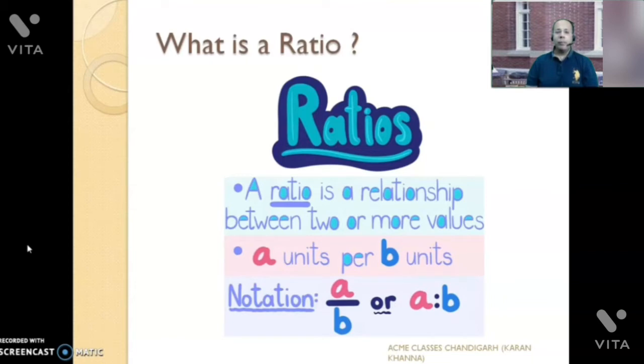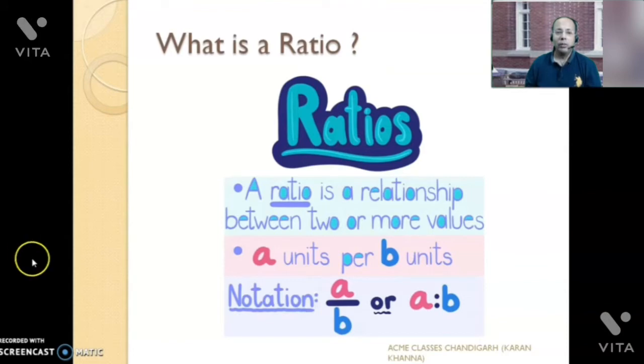So let's say Papa elephant weighs 1000 kilograms and baby elephant weighs 500 kilograms. The ratio of Papa elephant weight to baby elephant weight is 1000 upon 500, which is equal to 2:1. Which in other words only means that Papa elephant weighs twice as much as the baby elephant does.